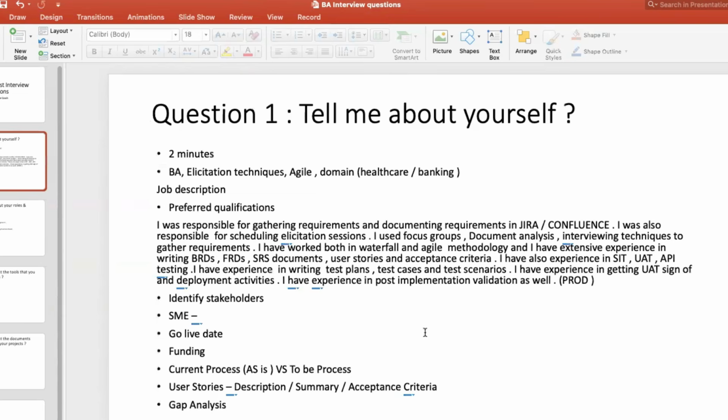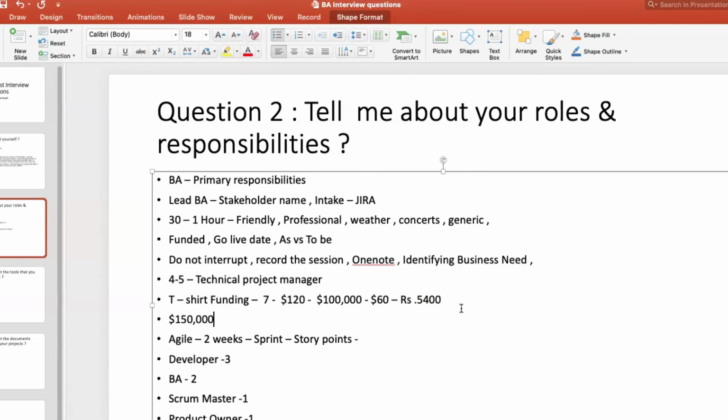5,400 rupees every hour. Yes, you're getting billed 5,400. That's how they use the billing rate. So every hour, the client is giving you 5,400 rupees, which is a good thing, because you have to understand,